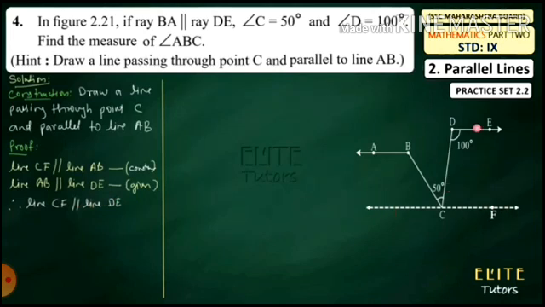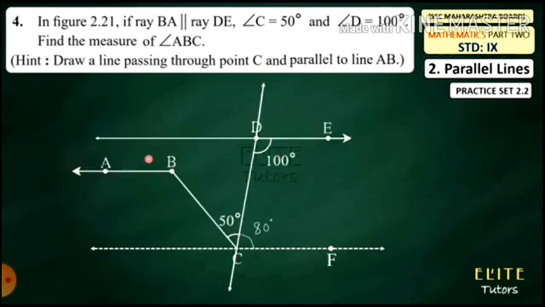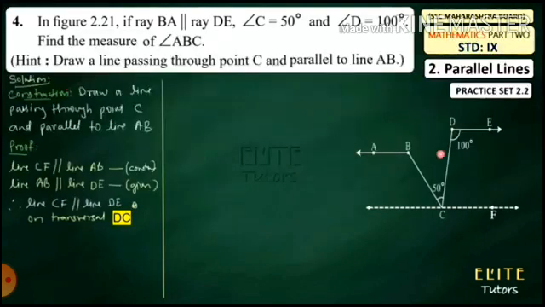So here students, this angle is 100 and nothing else is given, and we know that the sum of the interior angles is supplementary. So we will use it over here. First of all we will take DC as a transversal. Come to our figure. CF and DE are parallel, so we can take DC as a transversal. So here we will use the interior angle property.